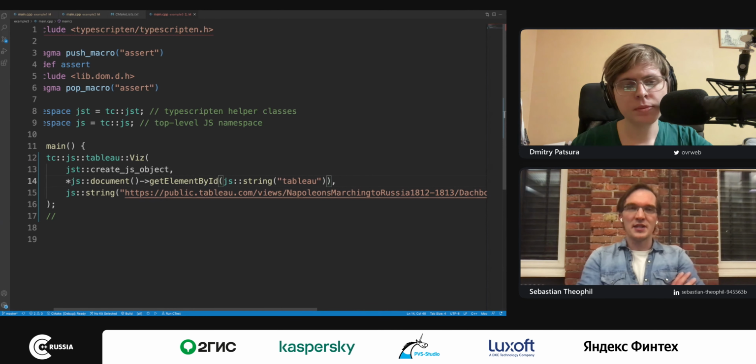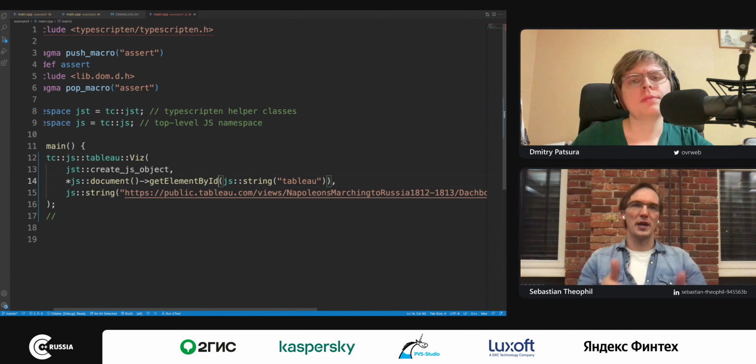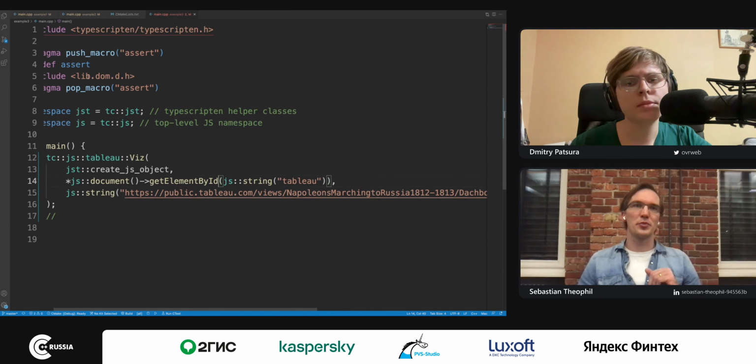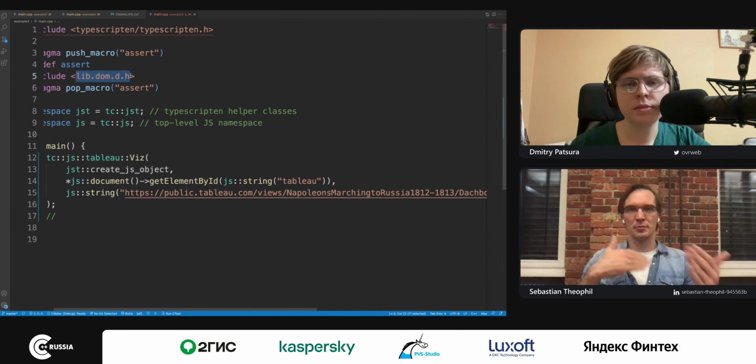But the deeper you go in the TypeScript definition of basic JavaScript features, the more complex the TypeScript becomes. So the description of the DOM API is already relatively complex because it has those keyof constraints,